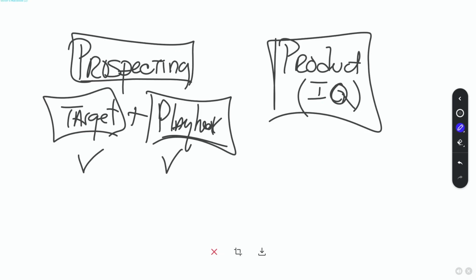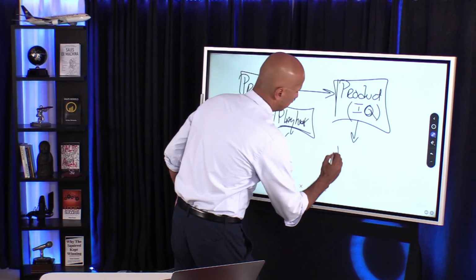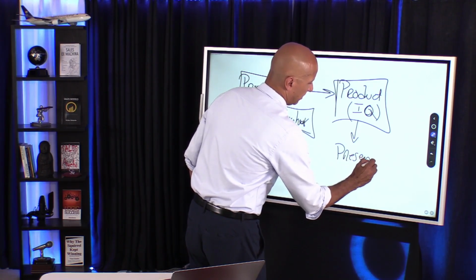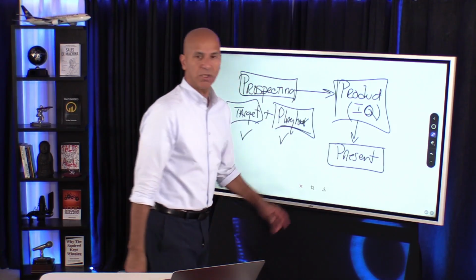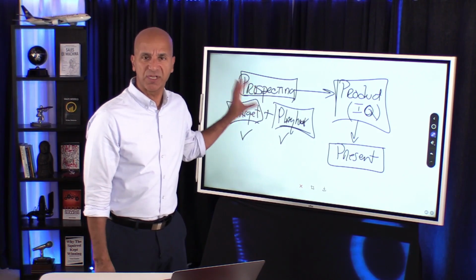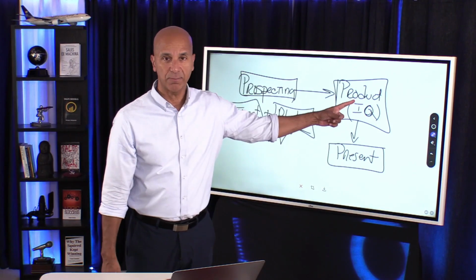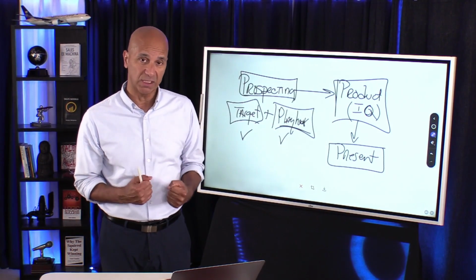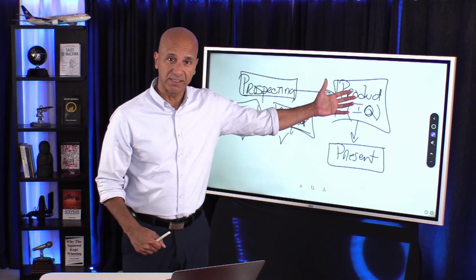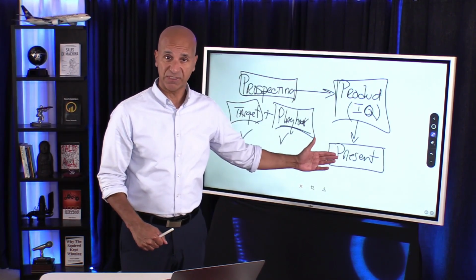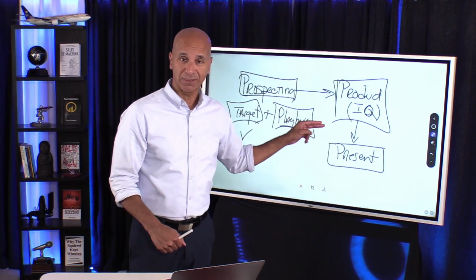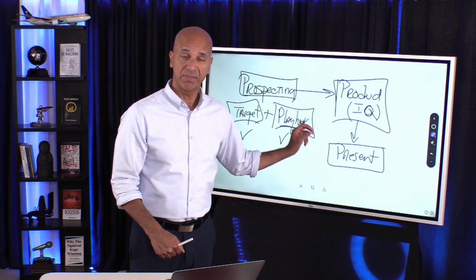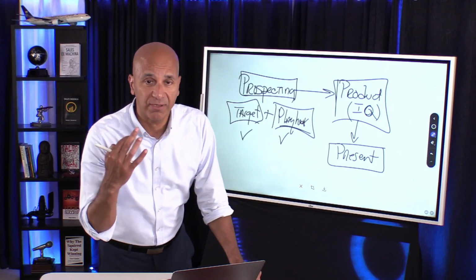So let's say we've got these two things going. We've got prospecting going. Then the next step is we want to make sure that they actually know how to present. Now, this is important. In other words, they've targeted the right person. They finally got a hold of them. They understand their product. Good. They have the domain knowledge. This is content. This is the delivery system. And this is where a lot of deals are lost, because they simply don't know how to communicate.